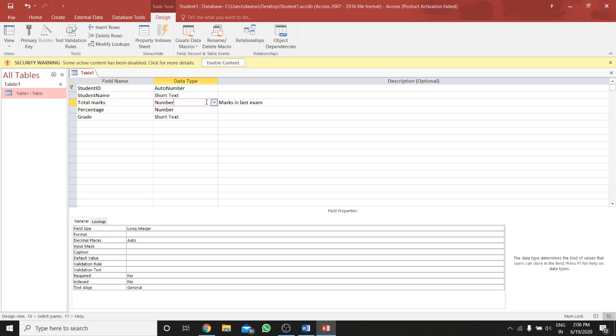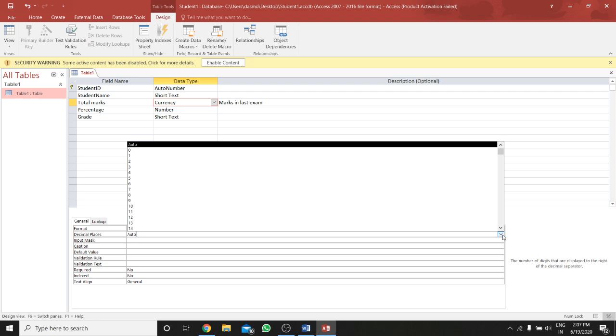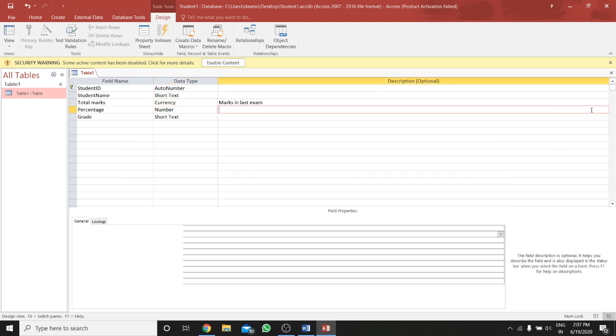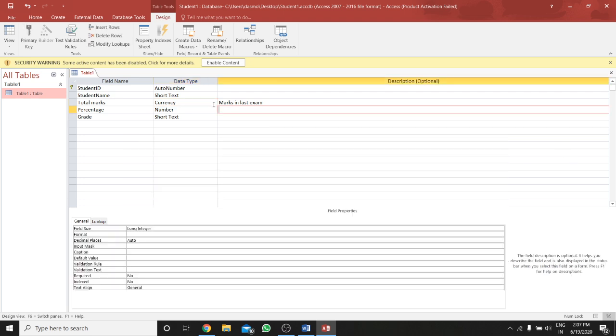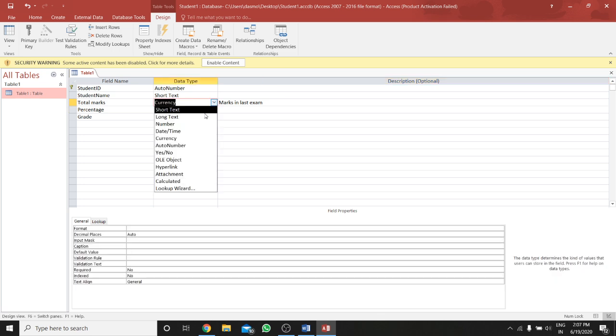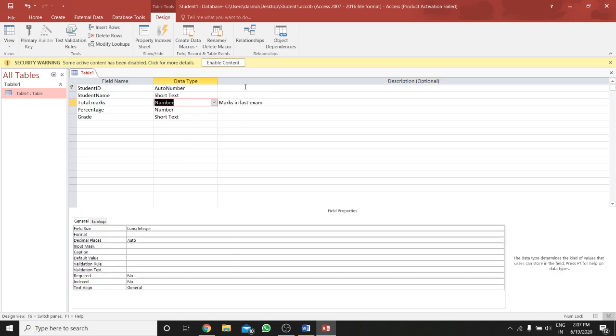Say, for example, when I add number or currency, you can see, auto number. Let me add it as the number: total marks is number.